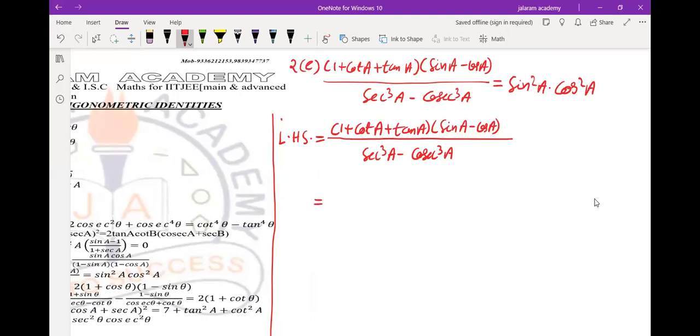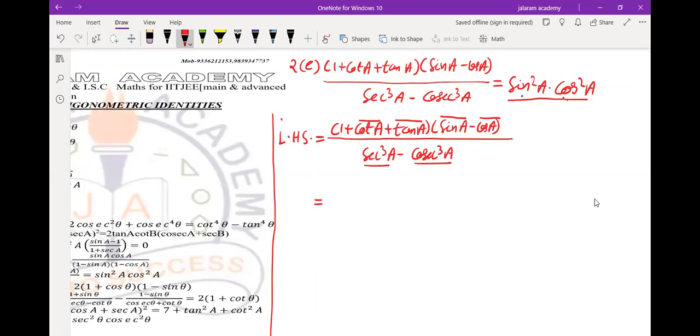If we observe it properly, it has all the 6 ratios: sin A, cos A, tan A, cot A, sec A, and cosec A. We have to bring only 2, sin A and cos A. So it is very clear that we will convert all the trigonometric ratios to either sin A or cos A or to both,